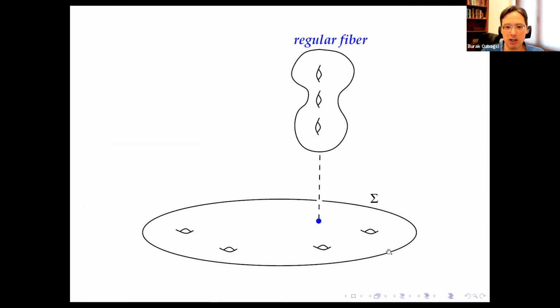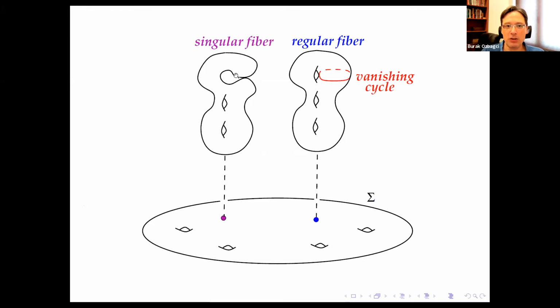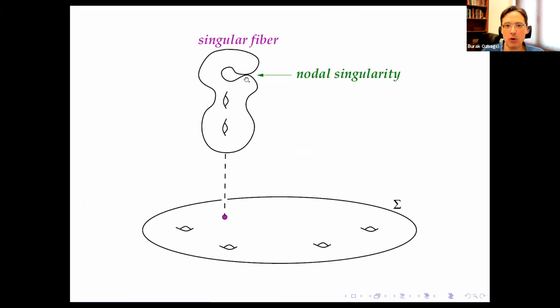So here's a schematic picture that you will see in many Lefschetz fibration talks. Σ is the base surface. In this case, I drew one without a boundary. The regular fiber does not have a boundary either. Here is a vanishing cycle. It's a loop on the regular fiber. When you collapse it to a point, you get your singular fiber, which is supposed to be nearby. And at this point there's a nodal singularity, a node, which is the intersection of two complex planes in four-space, which you can only represent in two dimensions like this. All right, so let's talk more about the monodromy.